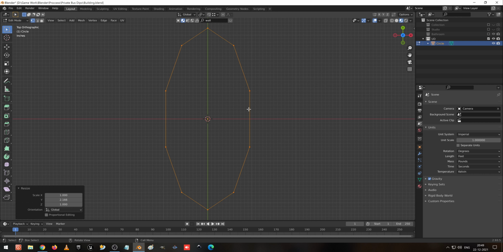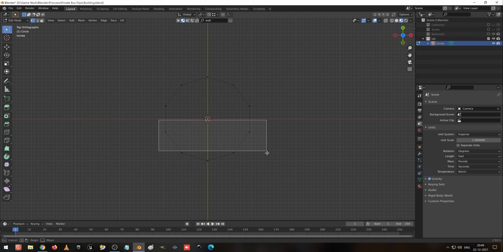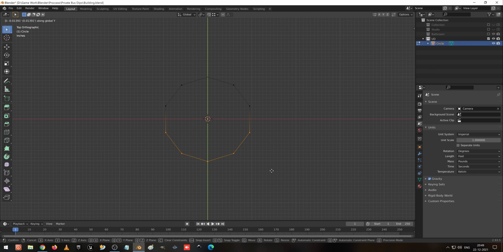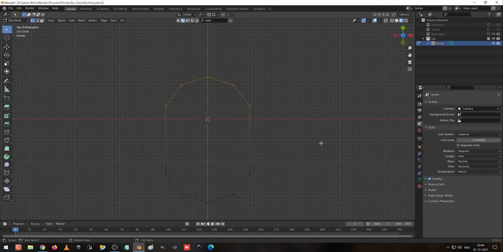We can scale it like this, and press Control 3 to apply. Actually, it didn't come as per my requirement. So what shall we do? We can select the bottom 3, 4, 5 vertices, press G Y to move, and move them a little wider. Then I select the same at the top and press G Y to move towards the top.